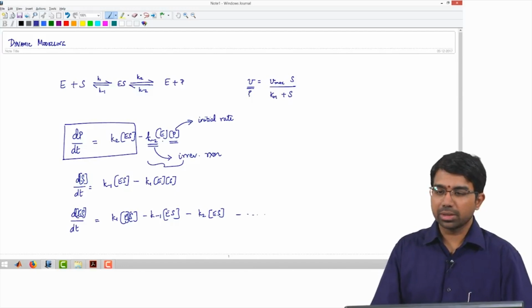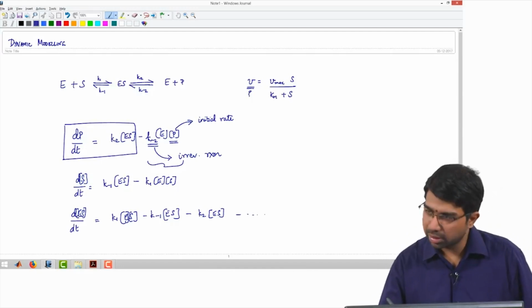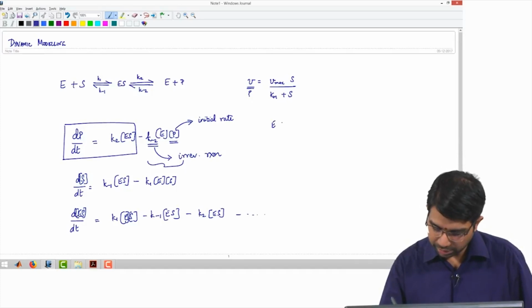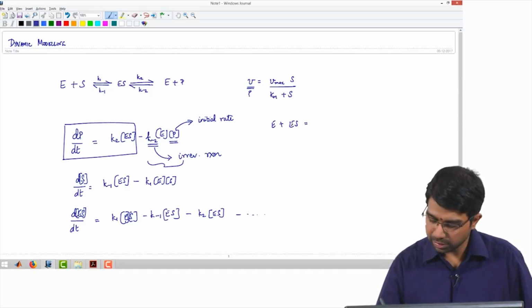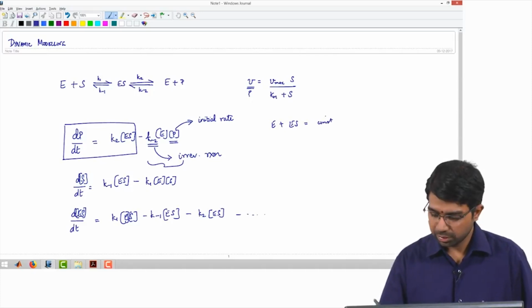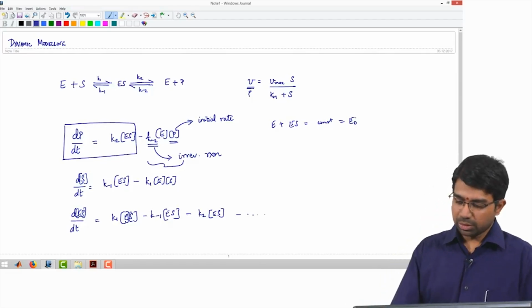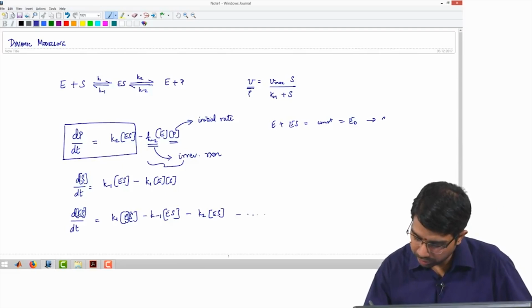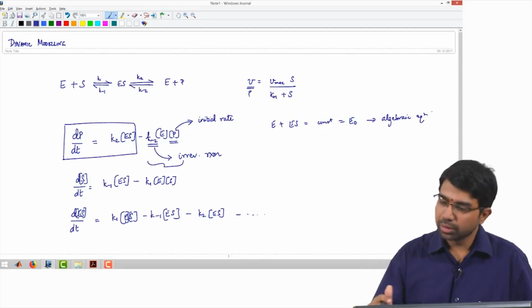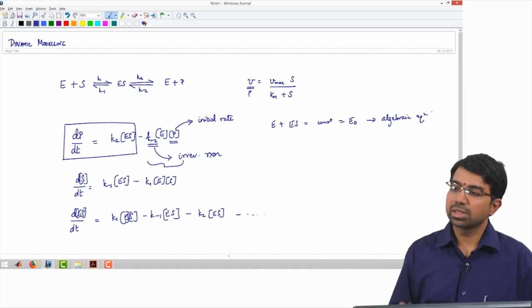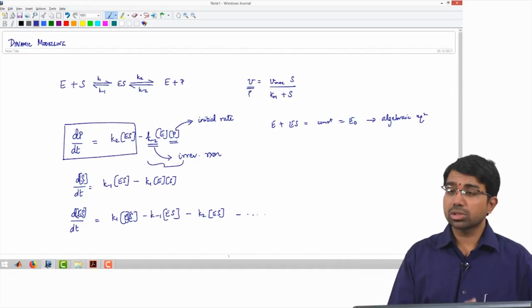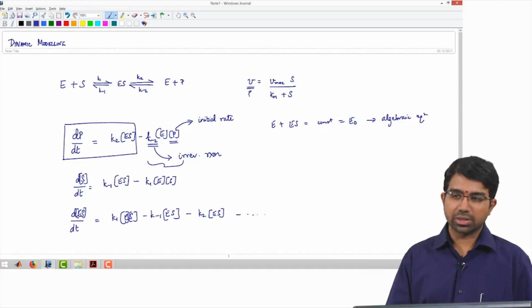And you have also another equation, right, E plus ES equals constant, in fact equals E naught. So, this is one algebraic equation. You combine it with the rest, you can essentially compute that, and you also have to usually apply one assumption,